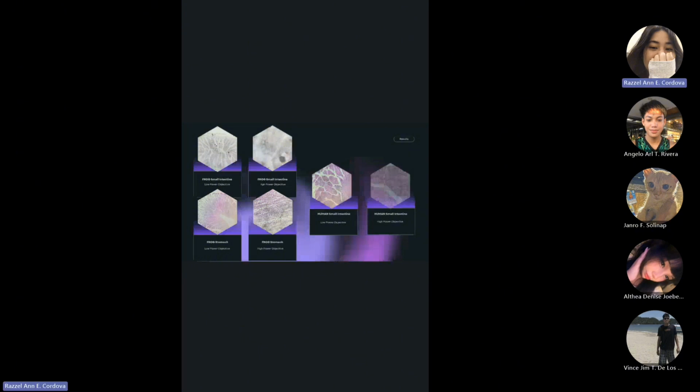When we first observed the slides, we found some interesting differences. The frog's small intestine had simpler villi. They are shorter and fewer, while in humans, the villi are longer and more complex. That's because humans need more surface area to absorb nutrients efficiently. In the stomach, we noticed the gastric pits and glands that help release digestive enzymes. Overall, both humans and frogs have similar layers, but their structures are adapted to their diets and needs.